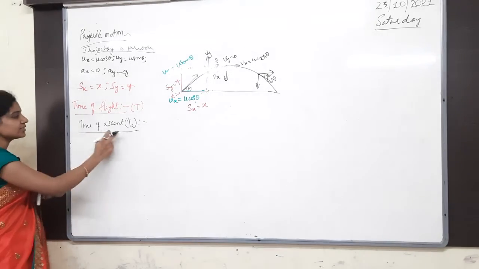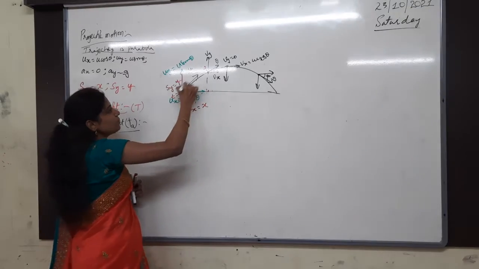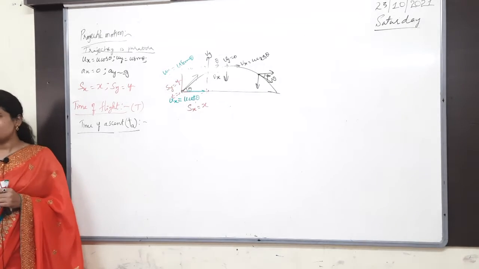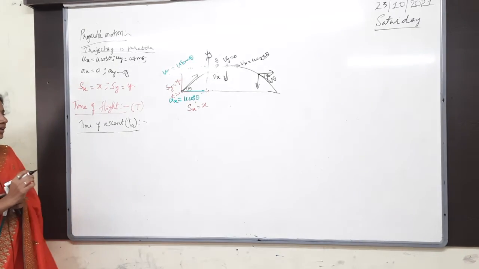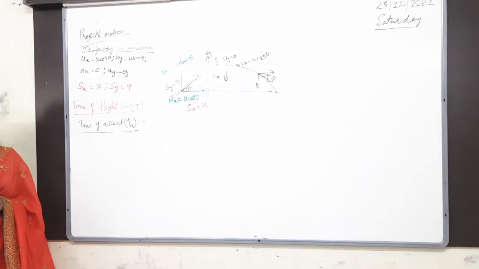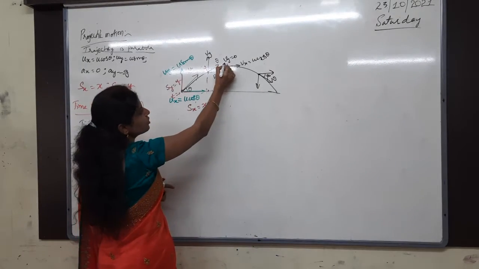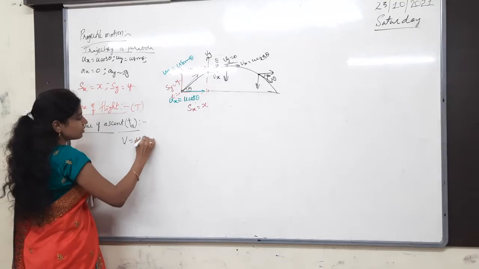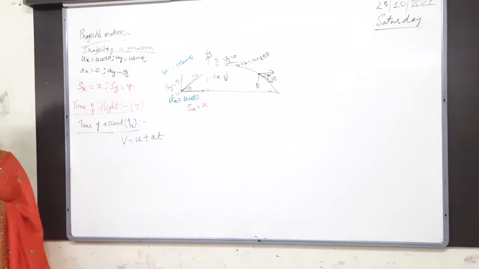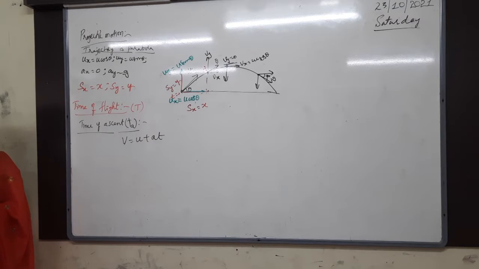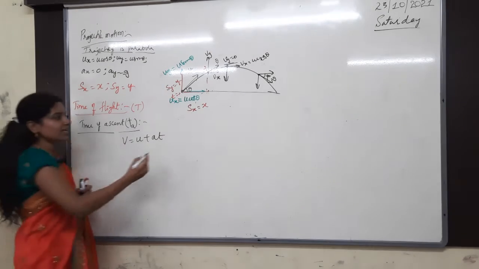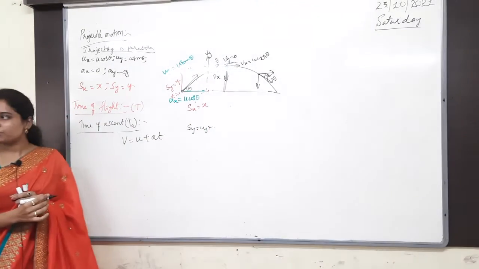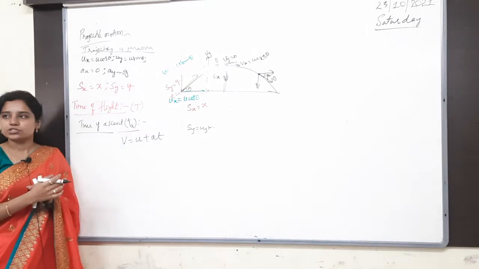So for the time of ascent, first of all, it is going from this initial point to the maximum height. So we are projecting in which direction? Obviously we are projecting slantly, so it covers both directions. I have taken the vertical direction only. Why? Because the vertical component of velocity becomes how much here? 0. So the equation will be easy for us. So I will take the equation v is equal to u plus at. We can take any equation, sy is equal to uyt plus half ayt square also, but this will be easy. Why? Because if you take sy is equal to uyt plus half ayt square, you should know the maximum height value. We don't know that. So only I am taking this one, v is equal to u plus at.